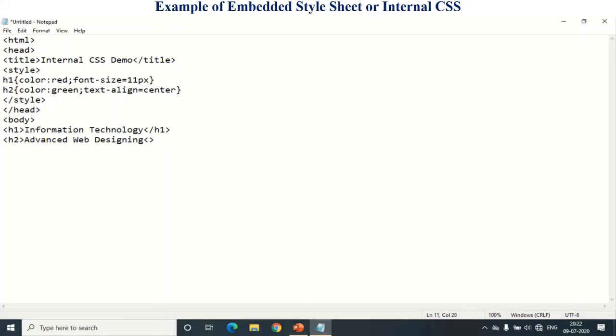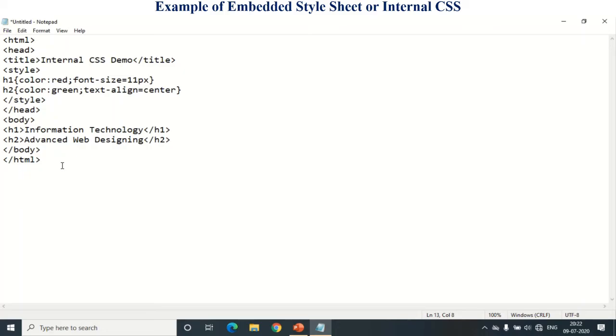Okay, and then close this H2 tag. Okay. Next, close body tag and then close HTML tag. Okay. So this is a simple example related to the internal CSS.